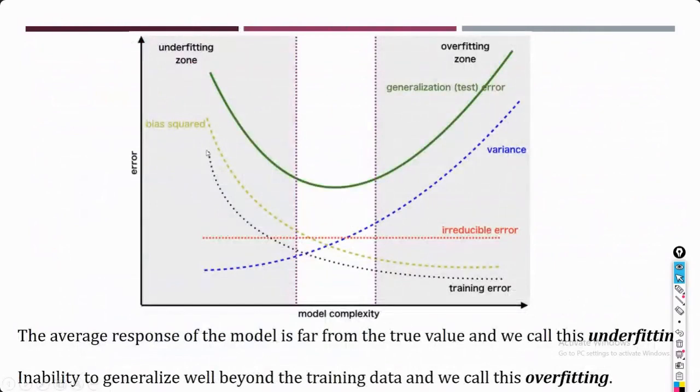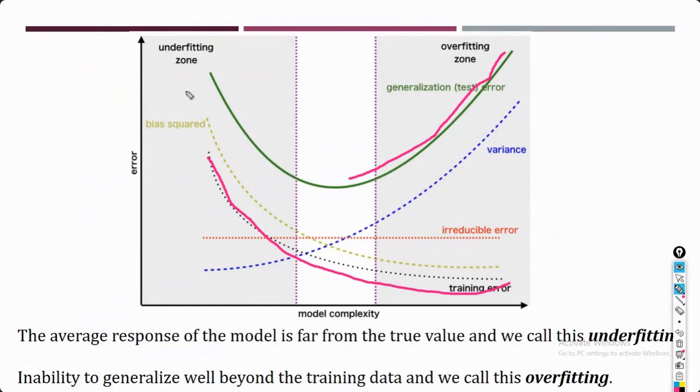So as you are, let's see first this one. As you are increasing the complexity, that means as you are incorporating more and more information in your model, it is going to work well on the training data. That line you can see, but possibly it's not going to generalize well. As you are increasing the complexity of the model, the training error is going to decrease, but your testing error, like this is your testing error, after some point of time it is also going to increase because your model is losing the generalization capability.